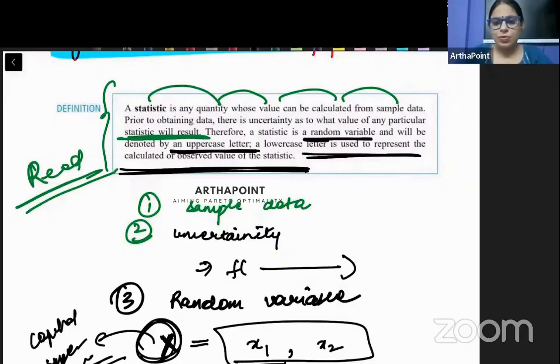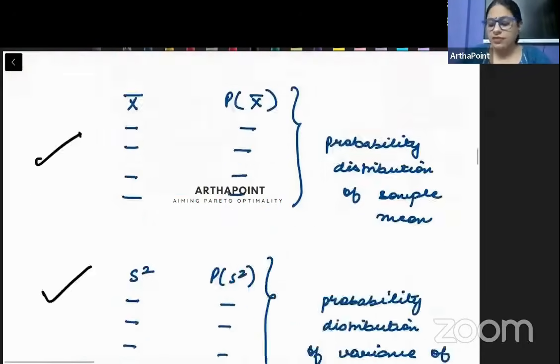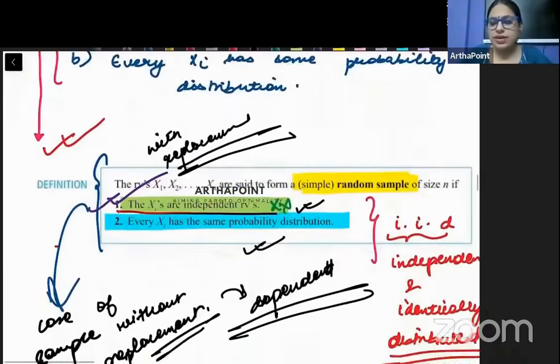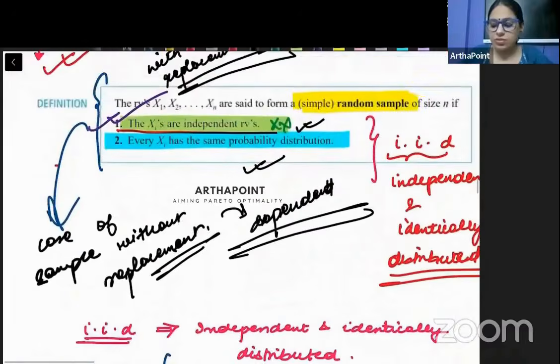Hello, beta. Good evening, everyone. So, kids, in the last class, we had started with chapter 5.3 of Devore. And this is in your first unit of semester 2 stats part, and today I'm going to continue from there. We have already studied what is a statistic, and we also talked about what are IIDs, what is an independent and identically distributed variable. We had talked once about what is called IID.